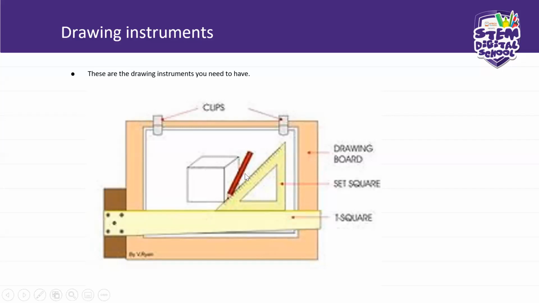Okay, the pencil that you use is a 2H pencil, and this is your drawing board. And remember, at all times when you are practicing your drawing, use plain photocopying paper and keep that intact on your drawing board. You can use these clips, or you can use,